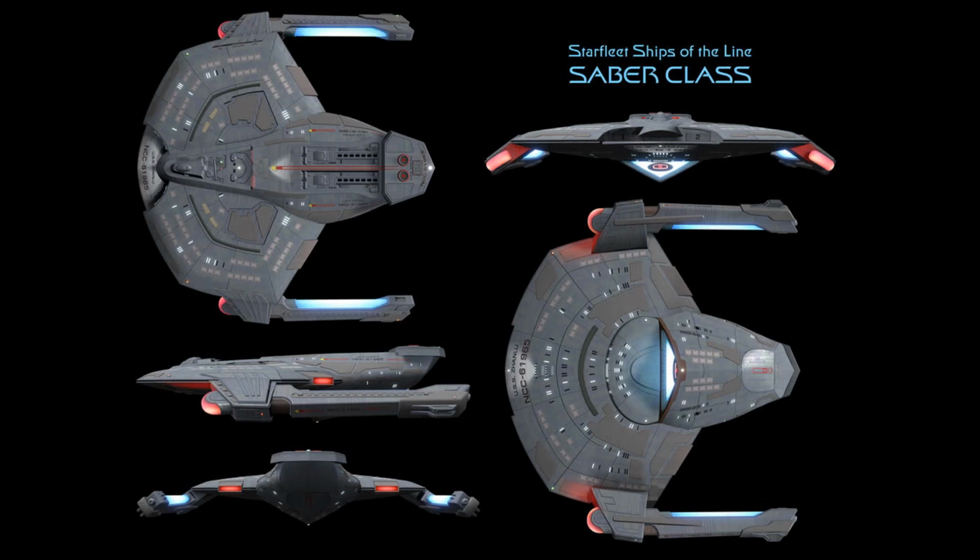It has a total mass of 310,000 metric tons, or 6.2 million metric pounds. That's actually pretty small. It has an accommodation of 40 officers and crew, and a maximum personnel evacuation limit of 200 people. It is powered by one 1500 plus Cochrane warp core feeding 2 nacelles and 2 impulse engines, making it a very fast little ship. It has a performance of warp 9.7 for 12 hours, making it a very, very fast